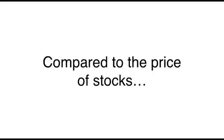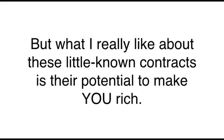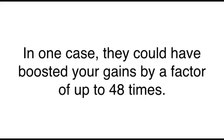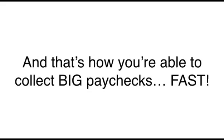Even better, compared to the price of stocks, these contracts cost almost nothing. This means you can get started with very little money, sometimes as little as $100. But what I really like about these little-known contracts is their potential to make you rich. In one case, you could have boosted your gains by a factor up to 48 times. That means if a stock jumps 10% in a day due to unexpected good news, this contract could go up 480%. And that's how you're able to collect